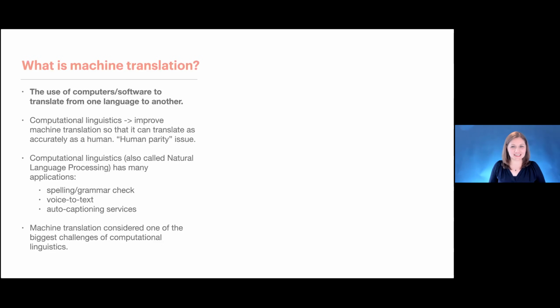And so the reason is that you have to, first of all, figure out what someone is trying to convey in that original language, and then figure out a way to take that meaning and convey it in another language. And so the layers of complexity there are just even beyond voice to text.